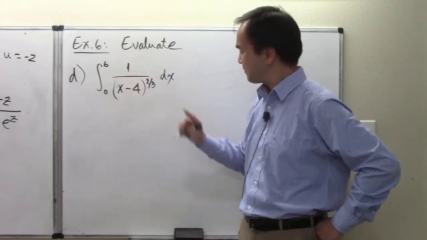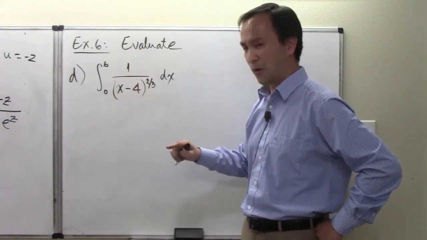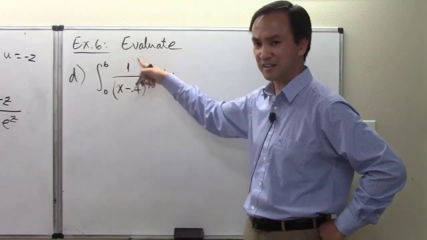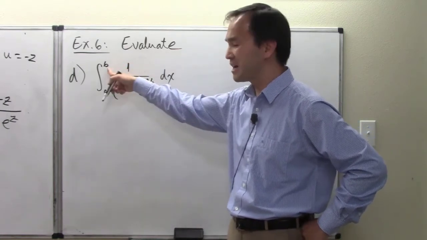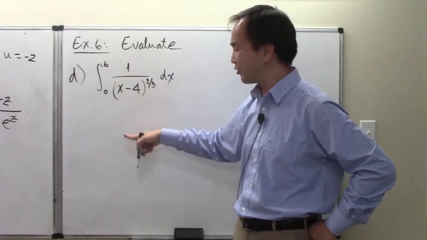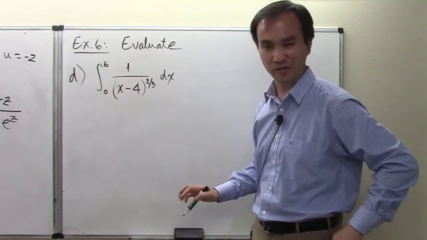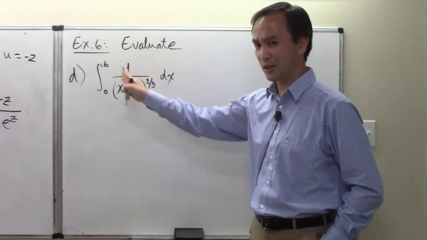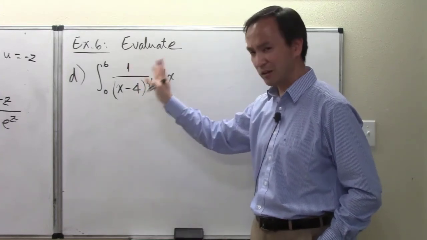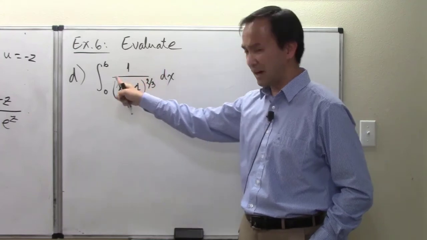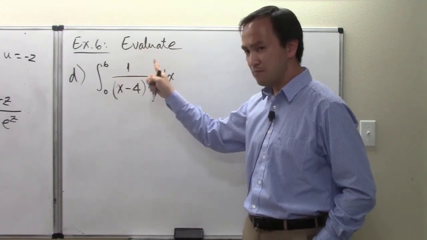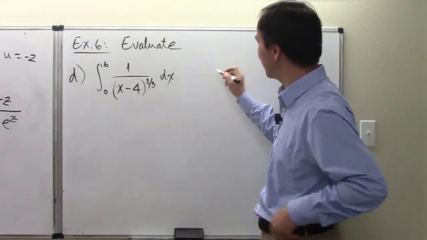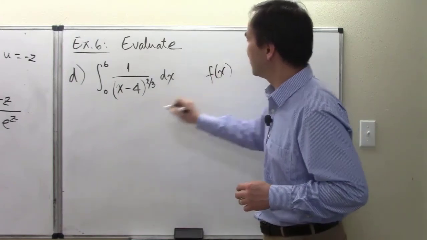this function at x equals 4. So please don't just find the antiderivative of that and substitute x equals 6 into the antiderivative and x equals 0 into the antiderivative. I've spent a lot of time, I believe, to explain how dangerous that is. So here we have to really realize that it's an improper integral of type 2, and the worst thing is that this function f of x, this is our f of x right here,